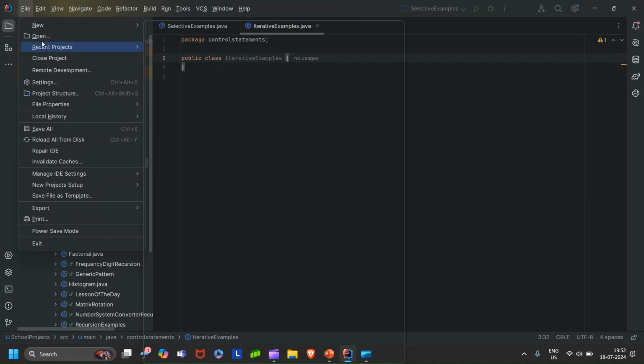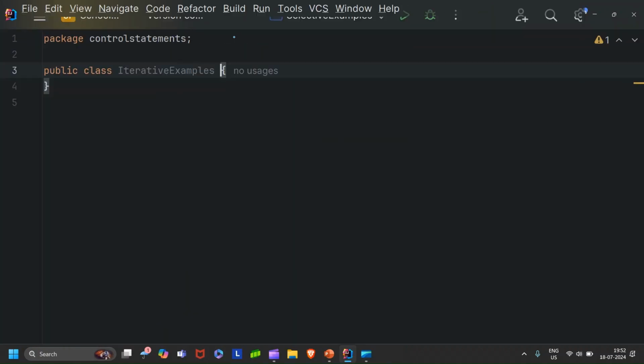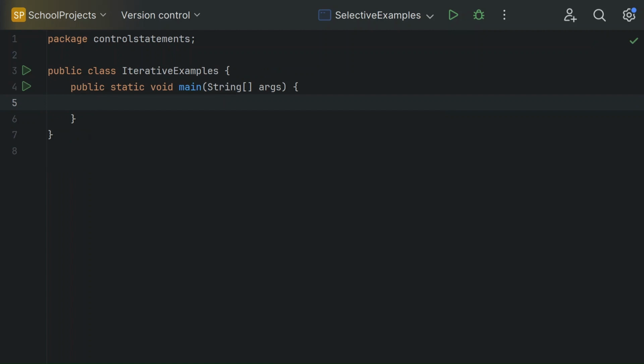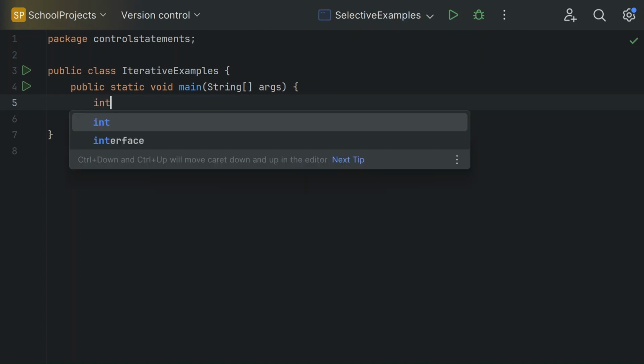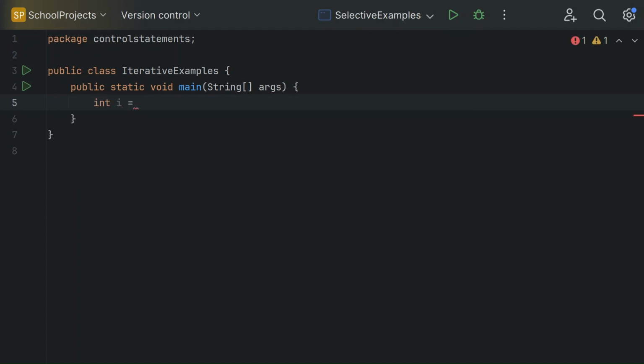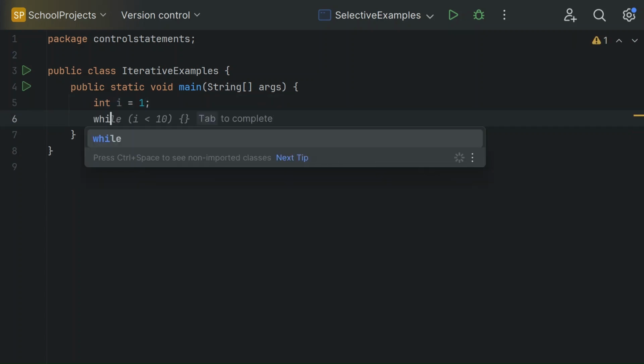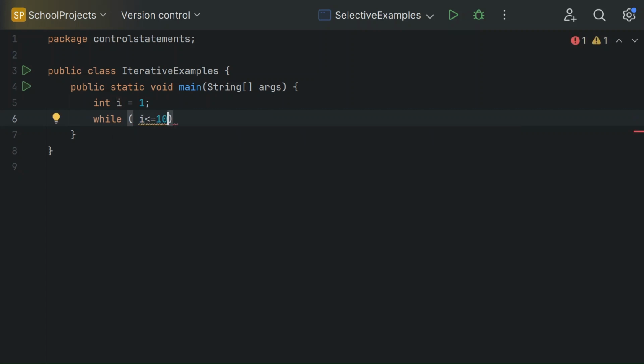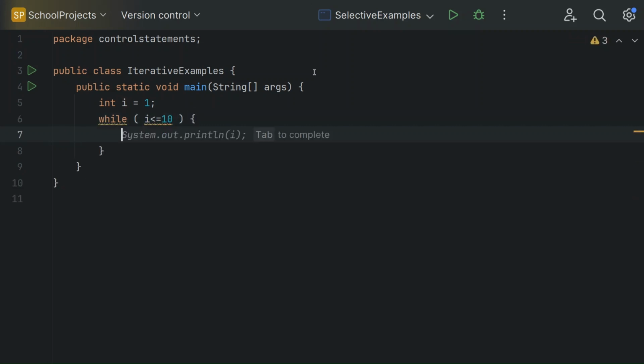Let me again enter the presentation mode. Yep, main method, usual. Now let us say that I want to execute a program where I need to print my name 10 times. For that, what I'll do is I'll declare a variable as we discussed. Int i = 1. Now what I'll do is I'll write while i <= 10, and then open a curly bracket,